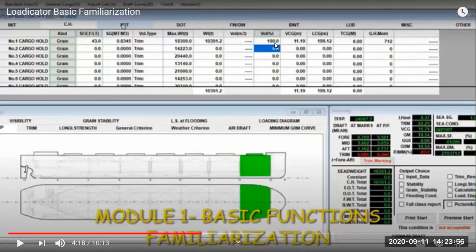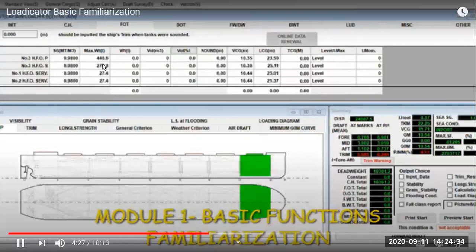So you can see we enter 100%. So vertical center of gravity and LCG are there. Grain heeling moments are there for grain, and transverse center of gravity is not showing now. So same way we'll put for other cargo holds. So we'll get the total weight, and total average center of gravity. Then we go to the fuel oil and we put the fuel oil same way. So same way we have already put for the fuel oil number 1, 2, 3, 4 fuel oil tanks and the service settling tank. So we have to put the weight.